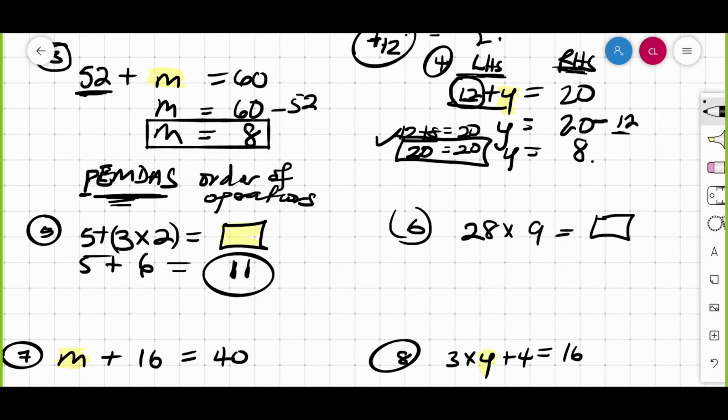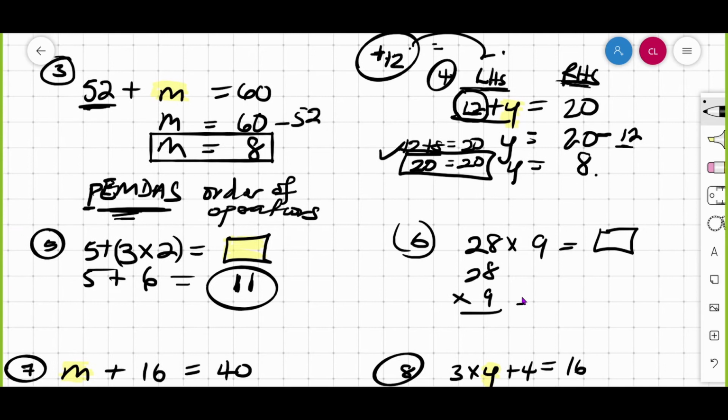252. 28 times 9. Yes, sir, 252. Let me see if we can fix this here. 9 times the 8 now would give me what? 9 eighths is 72. Okay, so if it is 72, I'm gonna write 2 and carry 7, and 9 twos would be